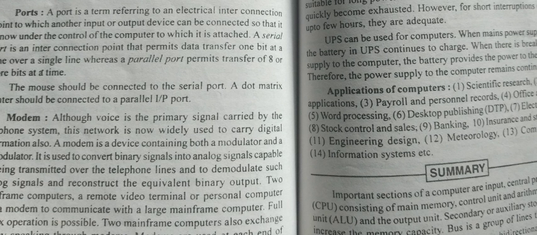6th, 7th, 8th generation of information transmission, that is the communication technology, will never come into the picture because of the high radiation which can affect human life. So with this we are done with the basic part of the chapter, and we are done with this chapter, computer fundamentals. Now I will move on to the next part, where we will study about various generations of computers. I'll just give a gist to you all.